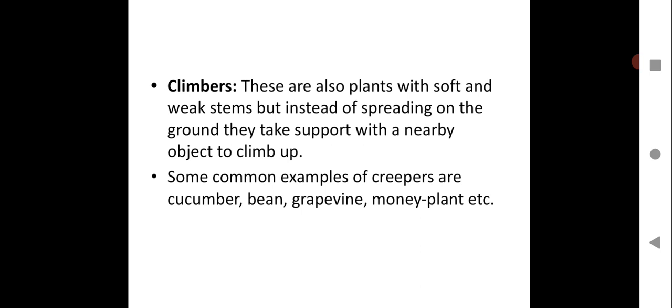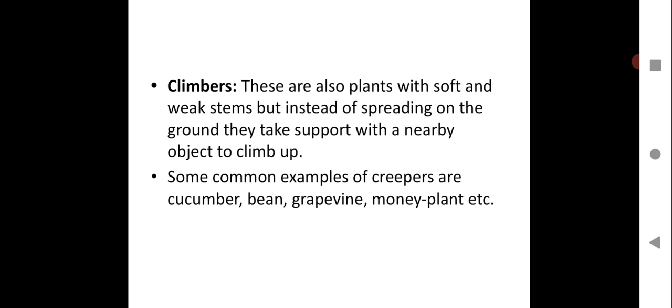We are going to learn about one more type of plant over here. You can see climbers. So let us see what climbers are and how we classify them as climbers, and we will see different types of examples of climbers. These are also plants with soft and weak stems, but instead of spreading on the ground, they take support of a nearby object to climb up.